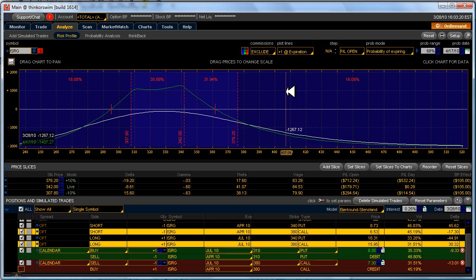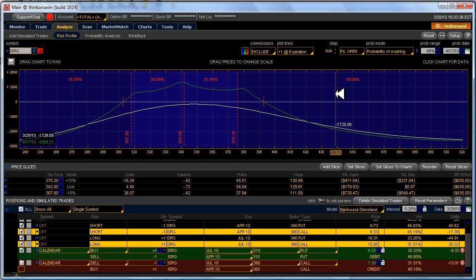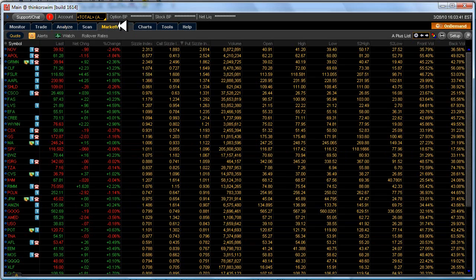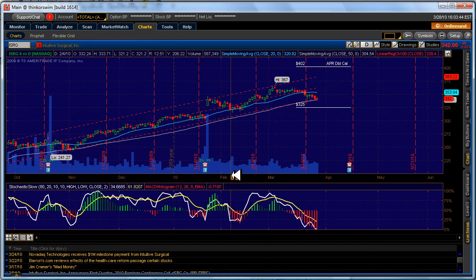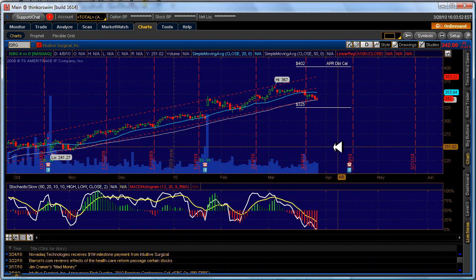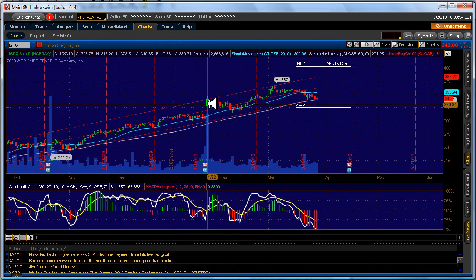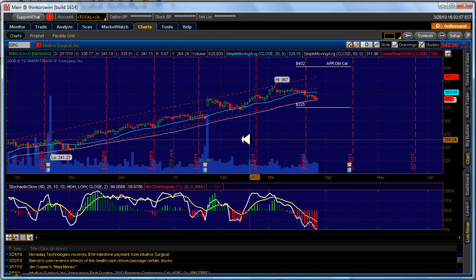So that's how you can do adjustments. I probably would not sell this call at the same time that I'm buying the put calendar. I might sell it later, but for right now I think I'm just going to leave it right where it is, because this stock can really move. And if you look at the chart, this is a 306 to 340 move here. So $30 is not out of the ordinary, especially at their earnings announcement,